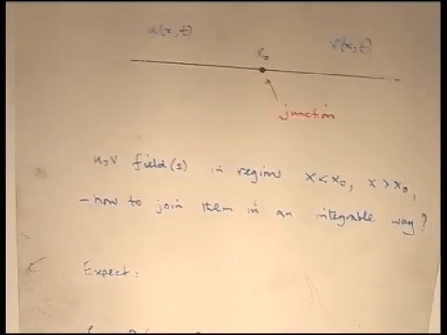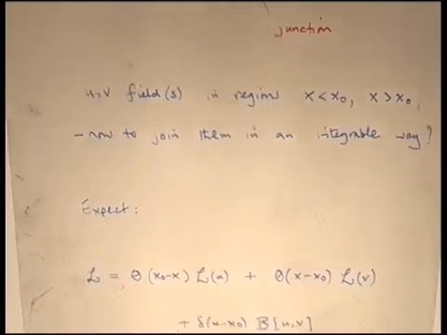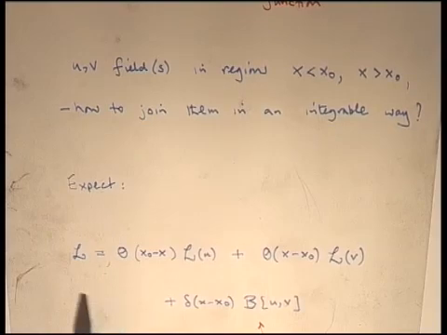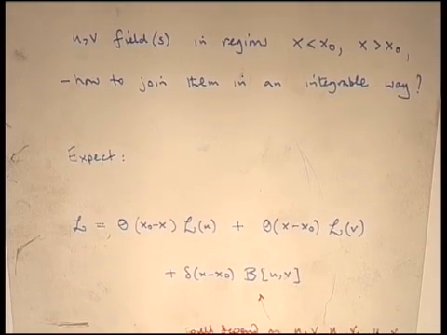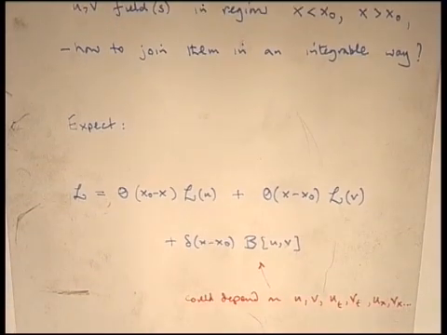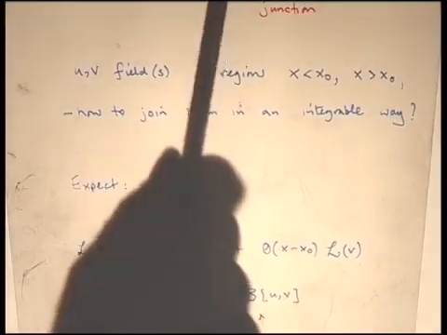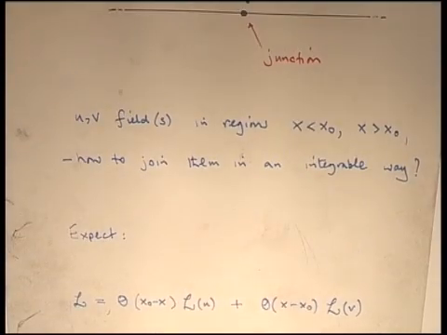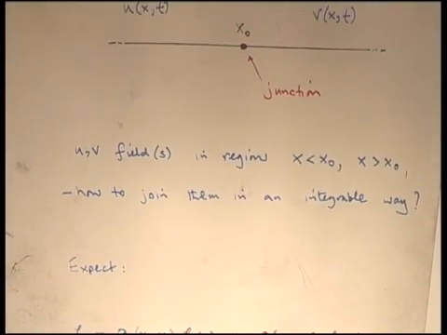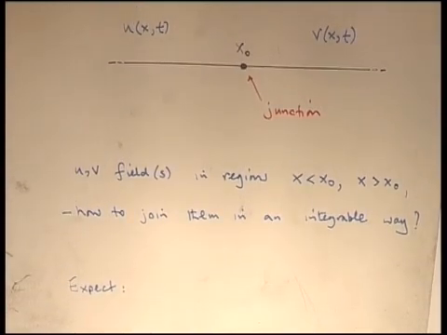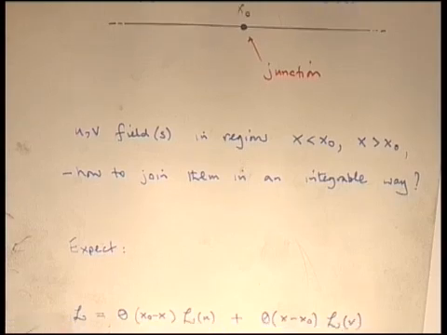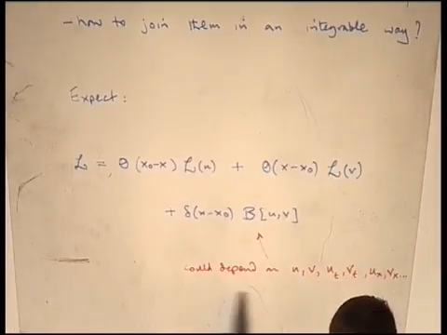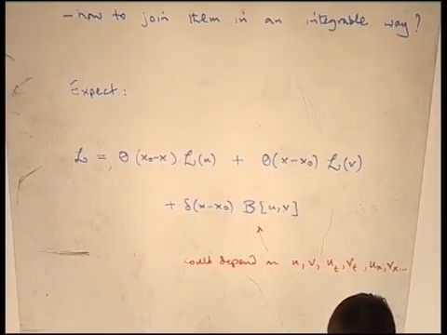So what we would expect to be able to do is to write ourselves some kind of Lagrangian for the fields on either side, together with a contribution which would only be effective at this point. So we'll have some contribution which has to be effective exactly there. And of course that could depend, in principle, on the fields on either side evaluated at this point, or their time derivatives, space derivatives, or whatever you like.